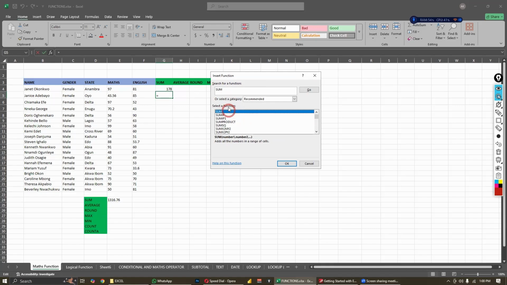Once you click it, it will take you to the next dialog box when you start inputting the arguments. Another way you can do it is look at this box, select a category. You can select the category of function that you want to enter. So if you look at this drop down right here, if you click it, like I told you,